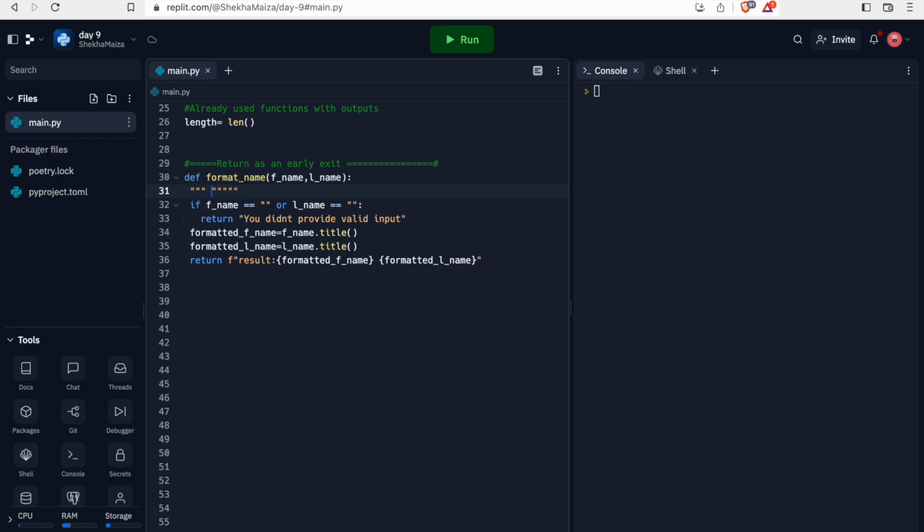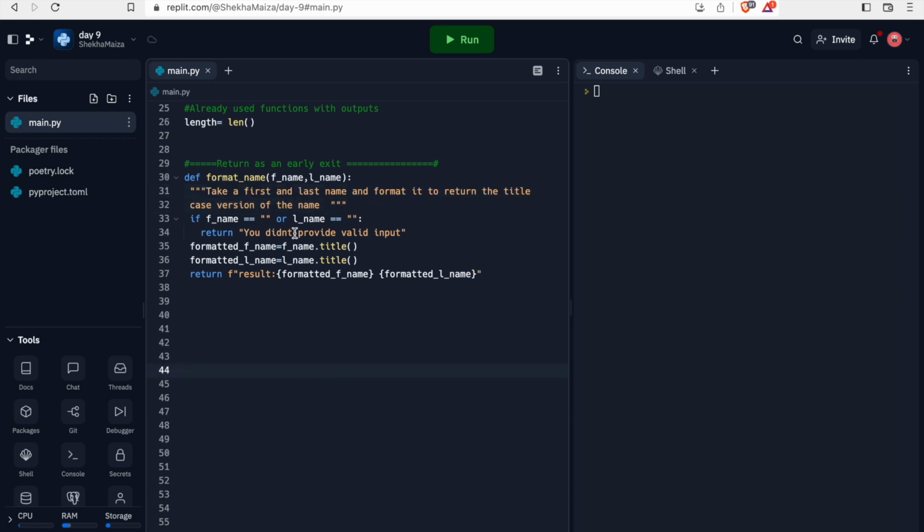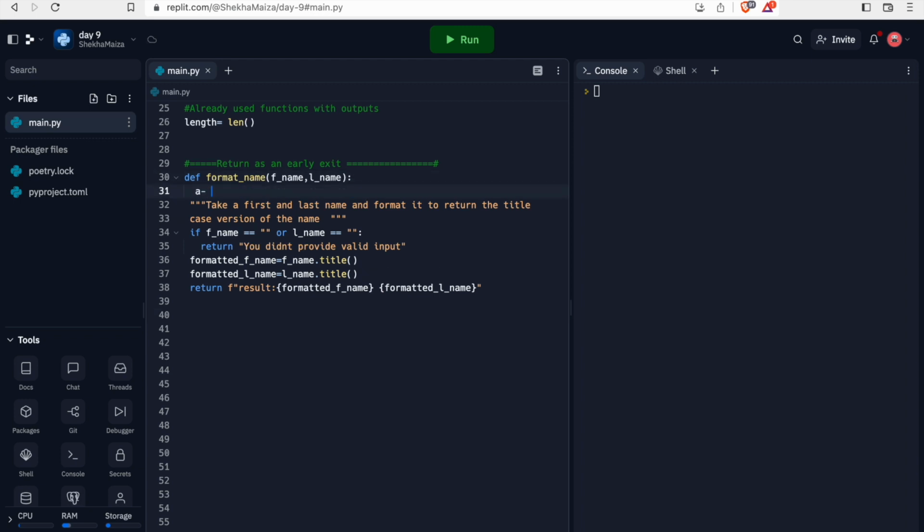We could write something like, well, what is this format name function going to do? What would we want our future selves or another user who is using this function to know about? Well, it's going to take a first and last name and format it. Notice how with docstrings you can actually write strings that are multiple lines. Normally, if I was to create a normal string, let's say, I don't know, a is equal to a string, if I hit the enter key, I'm going to get a warning because it's going to